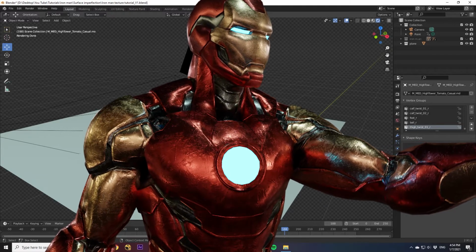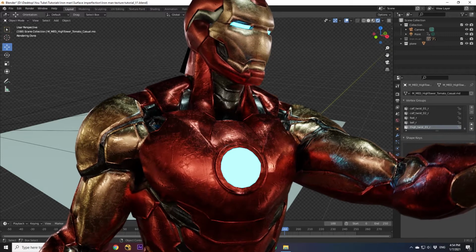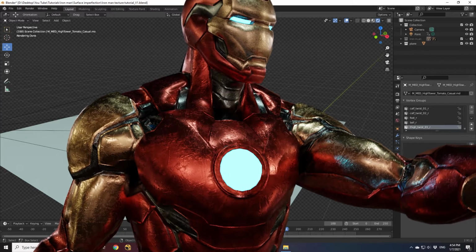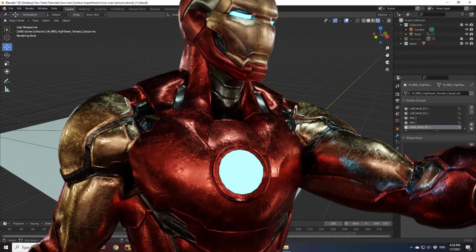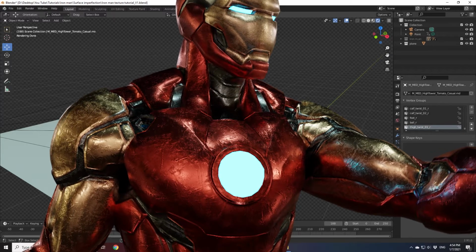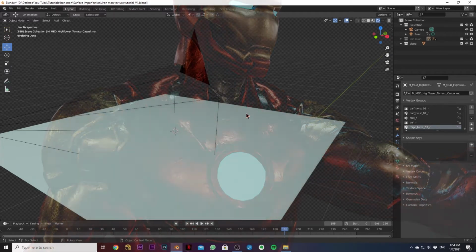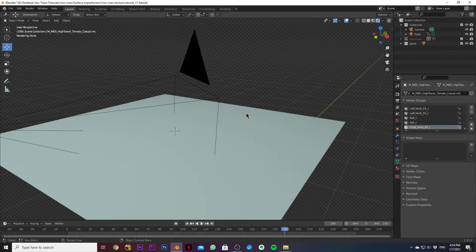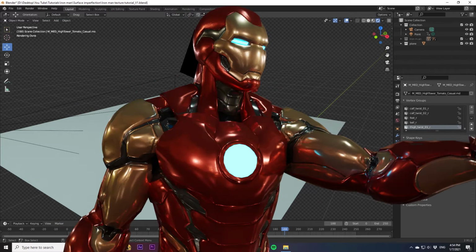Today I'm going to show you how to create some very nice looking material by adding scratches and imperfections to it. A very big issue with 3D texturing is that when you put a texture on it, which is just like a metal texture, it looks kind of nice. But if you want to add it into a realistic looking scene, if you want to make it look photoreal,